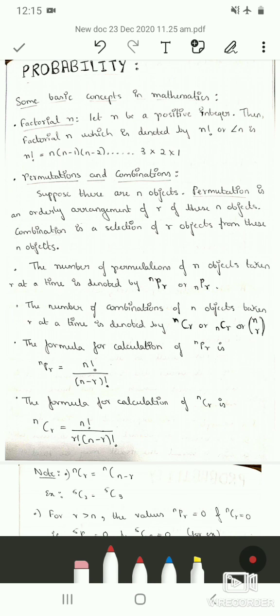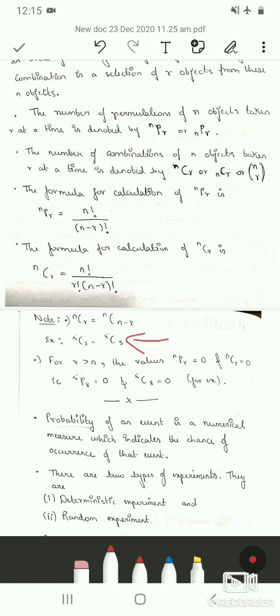So there are some important notes. nCr is equal to nC(n minus r). So for example, n is 5 and out of 5 we have to select 2 numbers, which is equivalent to writing 5C3. So 5 minus 2 is 3, here r is 2, so we can even write 5C2 as 5C3. So when you substitute n and r for values in this formula, you'll get the same answer for both the combinations.